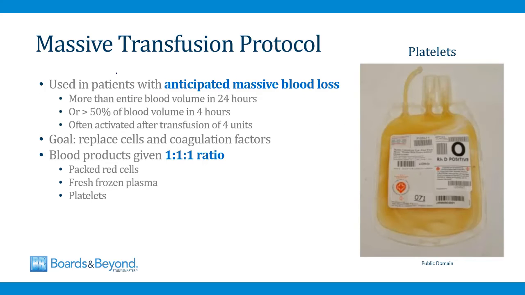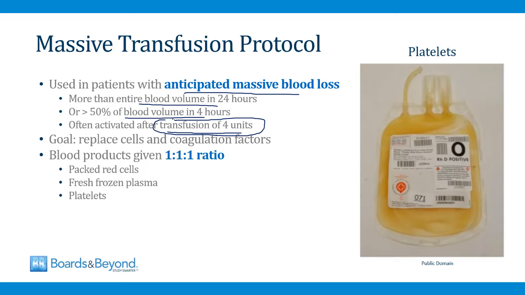So the massive transfusion protocol is used in patients who have anticipated massive blood loss, such as patients who've had a major trauma. The definition of massive blood loss is more than the entire blood volume in 24 hours or more than half the blood volume in 4 hours. Although in actual practice, this protocol is often activated automatically once a patient has received 4 units, because if they need 4 units of blood, it's presumed that they have massive blood loss and are going to need the massive